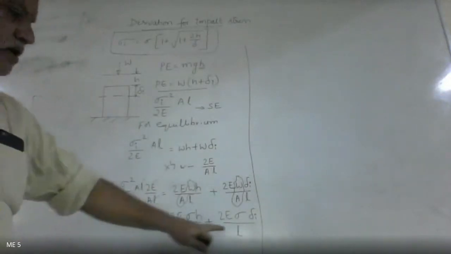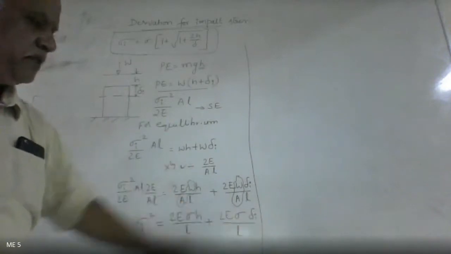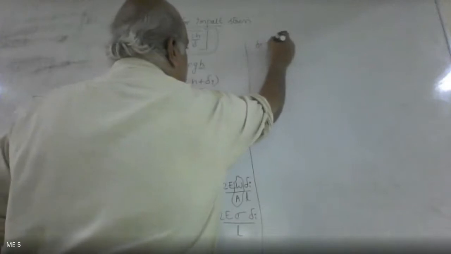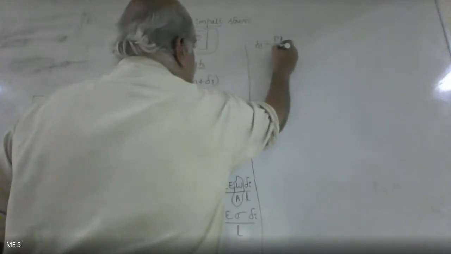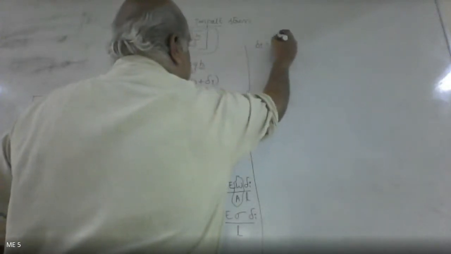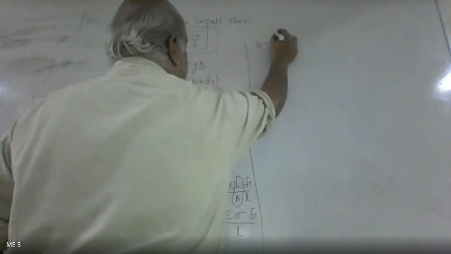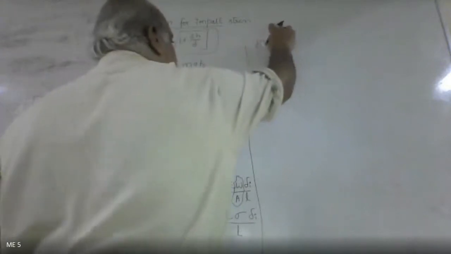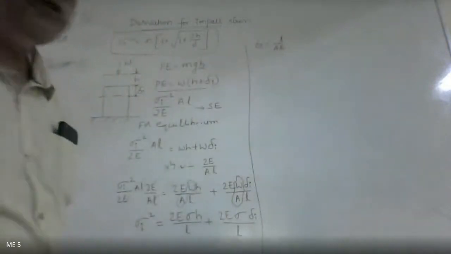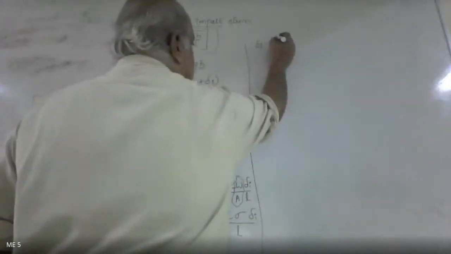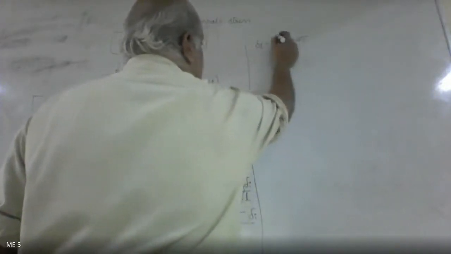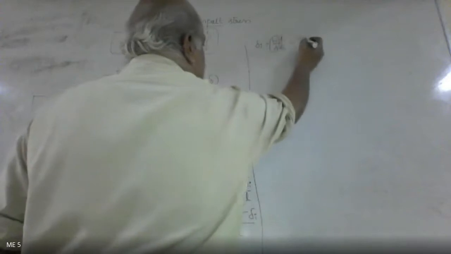So what I have here is delta I. This delta I is given by PL by AE, and this P I, that's P because of impact, WL by E or P by E. Either way, P or W, I use alternatively, so don't worry about that. Here I take W only. So this I can replace by sigma, because W by A is sigma, and here it is because of impact.